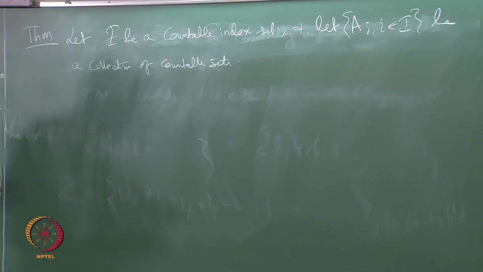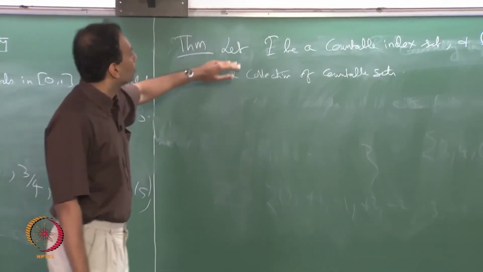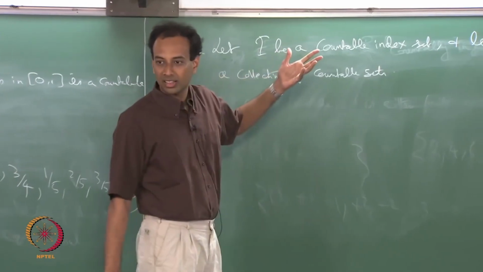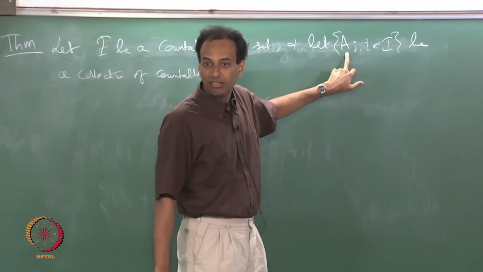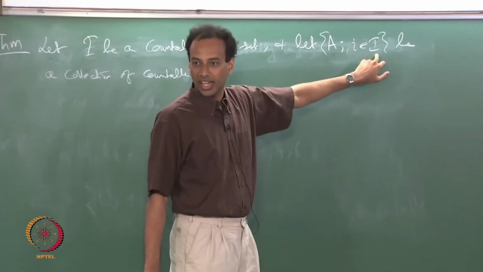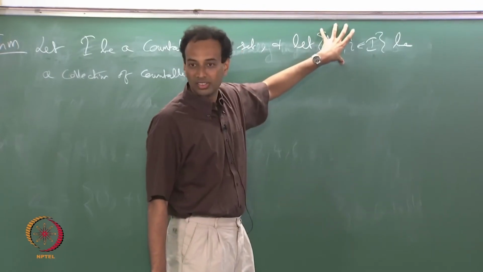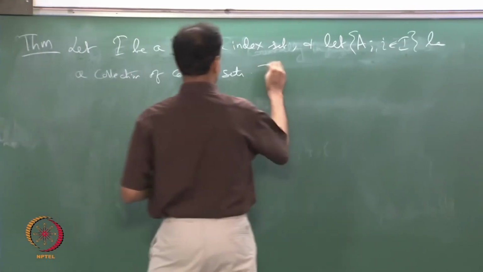This theorem I will not prove, it is a very important theorem. You can find the proof in Rudin or any analysis book. So, I is some index set, and the A_i indexed by this I are all countable sets. Then the theorem says